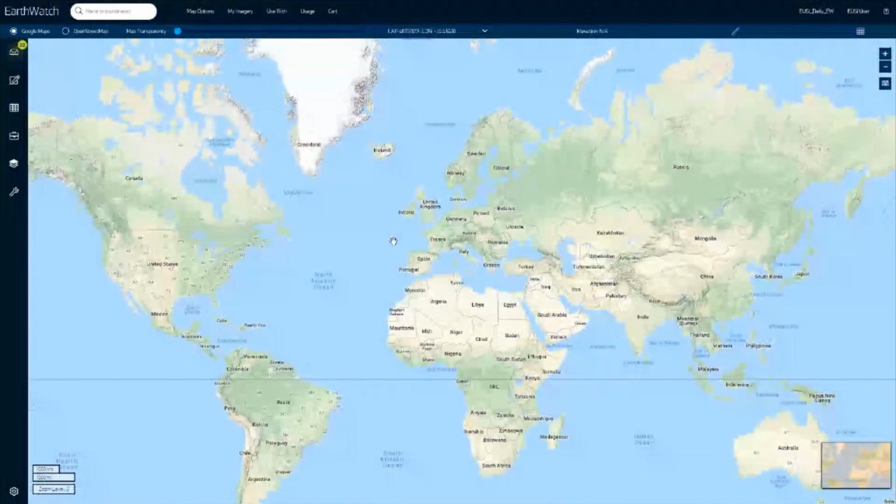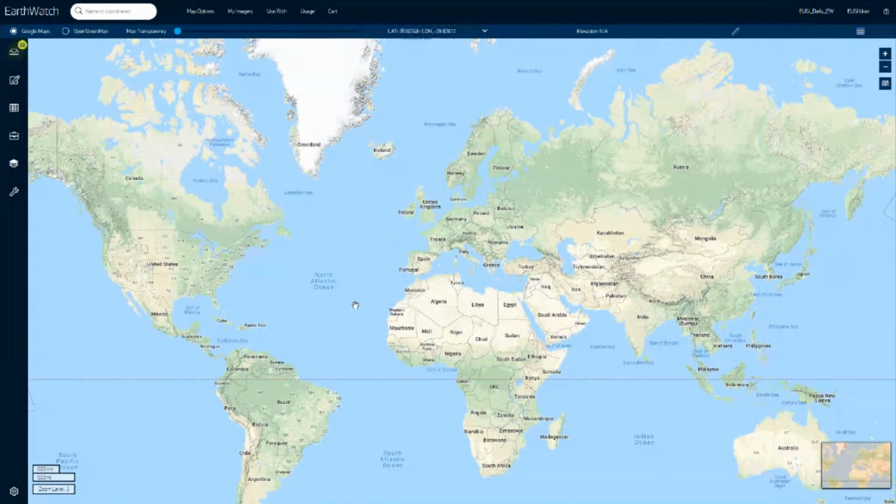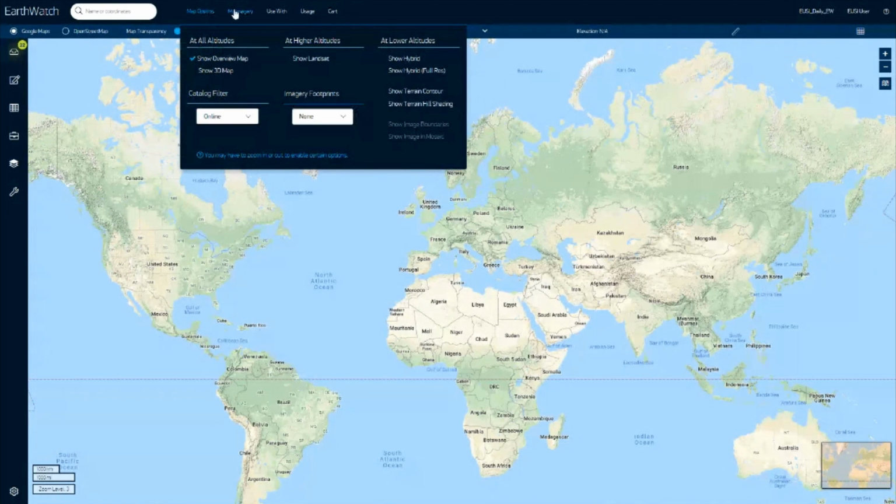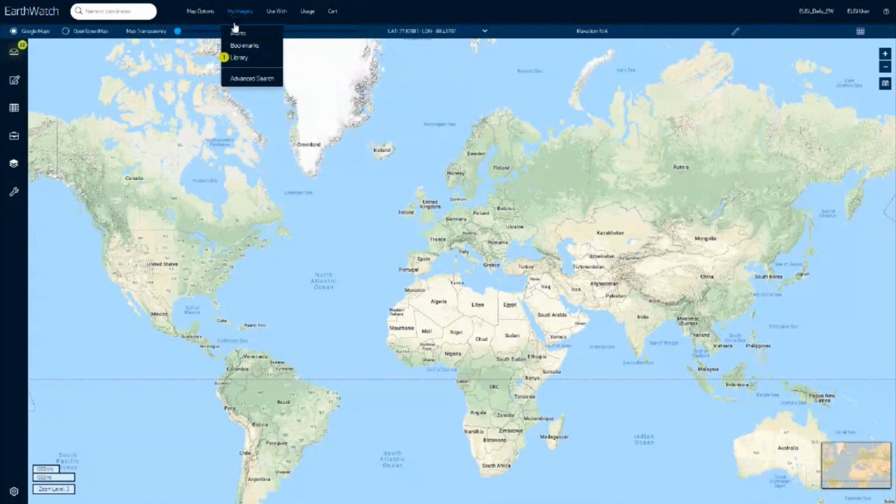Here we are. So this is, at first glance, very similar to a cartographic interface. So let's have a look at the interface now. Here we have the upper menu, and we can review the options. The first refers to the settings of the map, its configuration, and its appearance. Here we can define alerts, put bookmarks, and go to the library, which is a repository from where you can download imagery. You can, from here, access the advanced search.